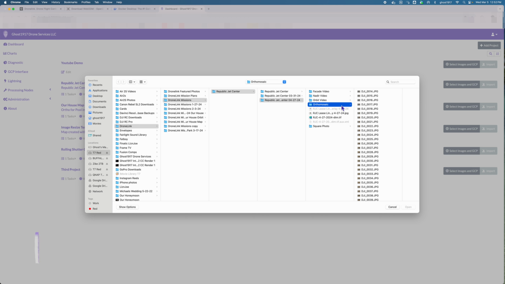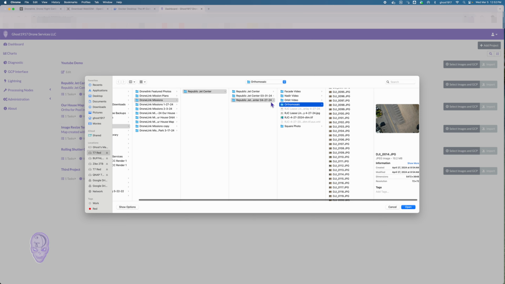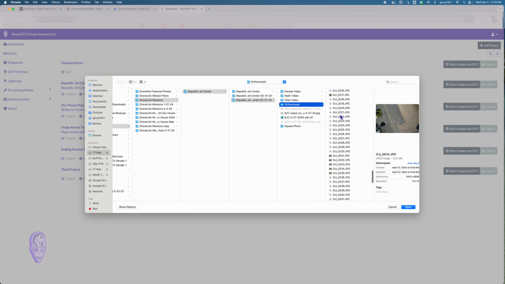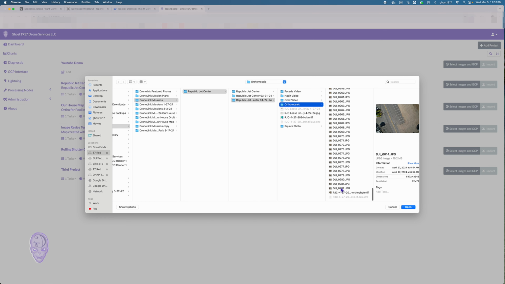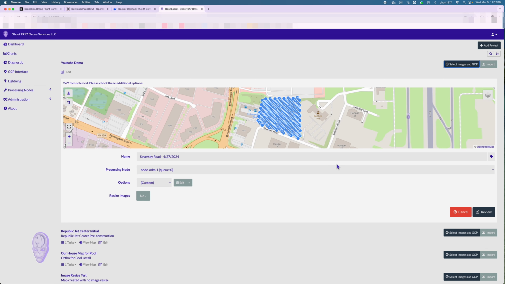So you then navigate to the files that you're going to import. In this case, I have it underneath my orthomosaic folder. For each construction job that I do, I have 5 folders because there are 5 different flights that I run. One of which is the orthomosaic, which is what I use WebODM for. So you scroll down and click all your photos and then open, and then a dialog window will pop up